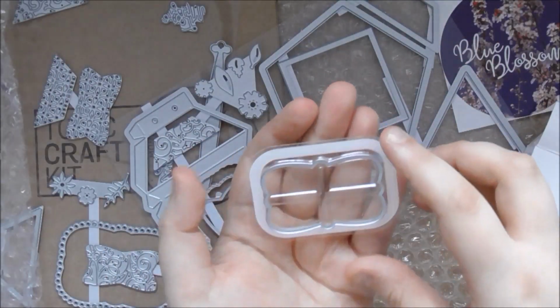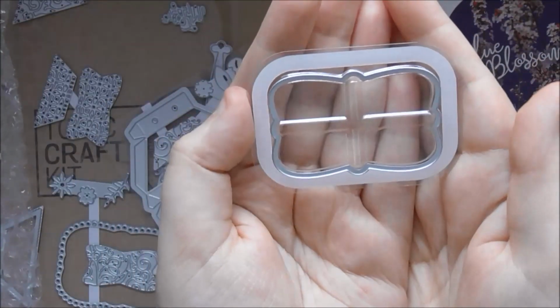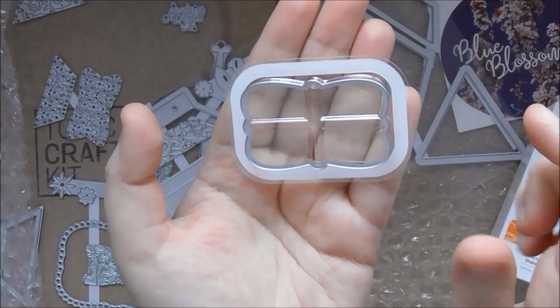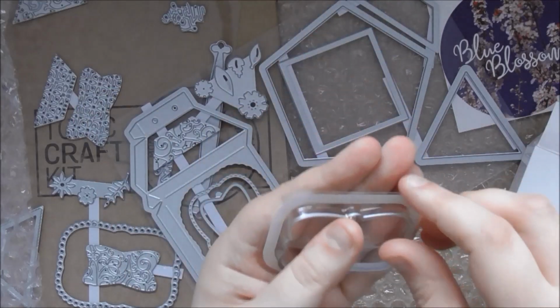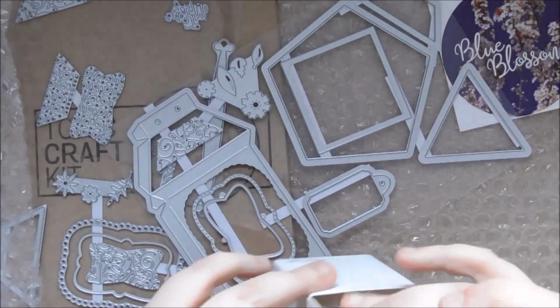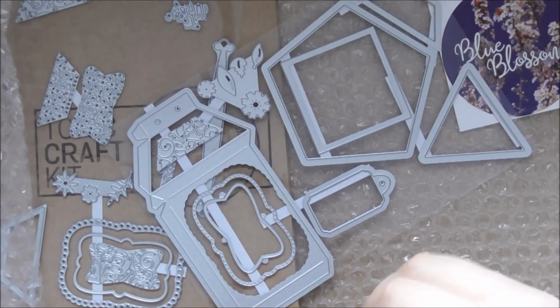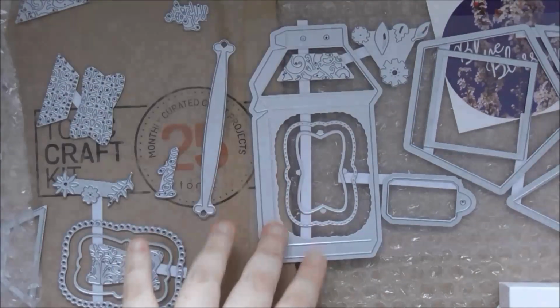But for one of my cards, I'm going to do it as a present, because when I was watching the unboxing video, I was like, oh, that looks like a present if you turned it on its side. So I'm going to do it this way and try and do some kind of ribbon element to it as well, and have it as a little present on a card. So there are loads of different ways of thinking of how you can use these little blister shakers as well. So yeah, I think this is a really sweet little kit. I really love this